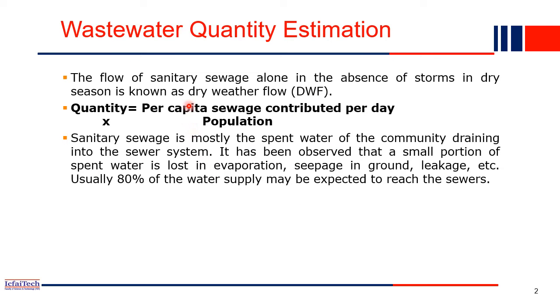Now in this slide, we'll be discussing wastewater quantity estimation. If you recall, at the beginning of this course, in the water supply part, we distributed clean water to the industry as well as the households in entire cities. Now the people of the city and the industry will consume this clean water, and they will produce wastewater. As civil engineers, our job will be to collect the wastewater produced by the industry as well as the individuals, and then we have to treat it before we dispose of it into the water stream.